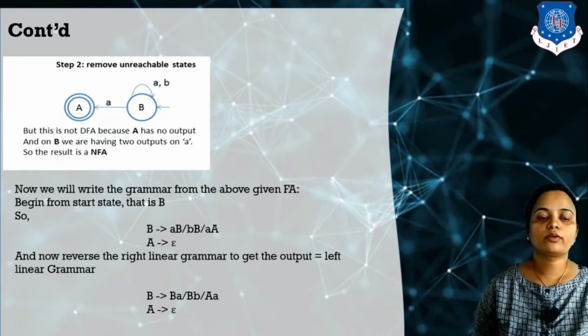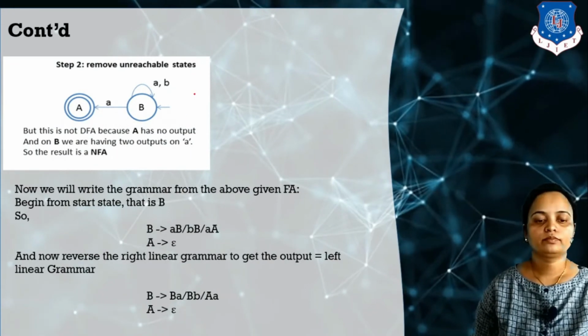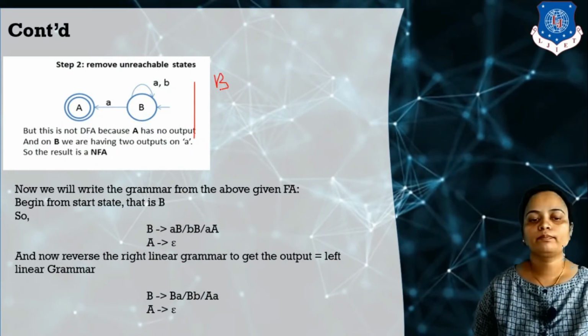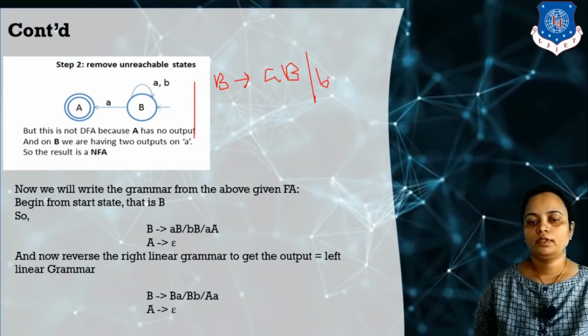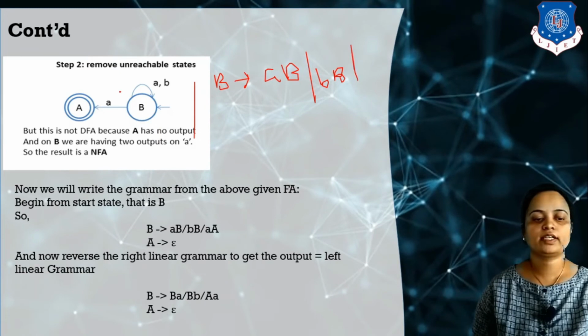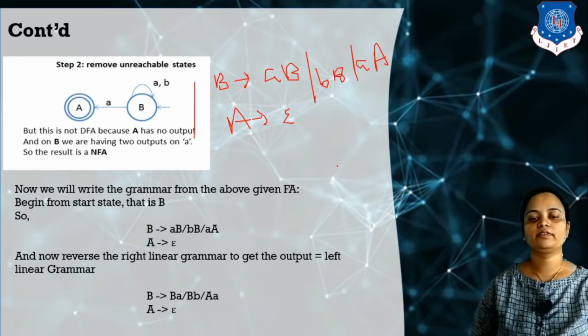As we know how we are going to write down the grammar. So here B, self loop A B, B. Now next, this is B derives A and it is moved to the state A. Okay, and A is our final state, like this we can write down.